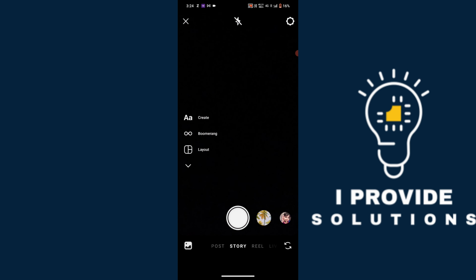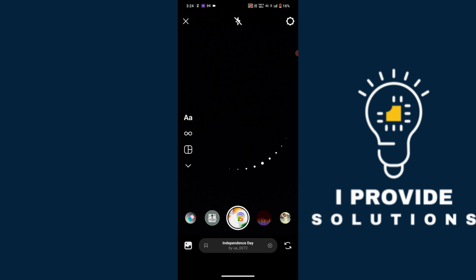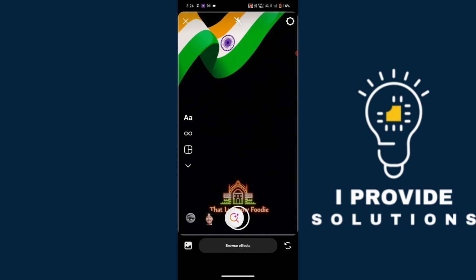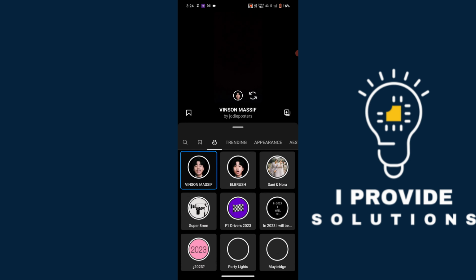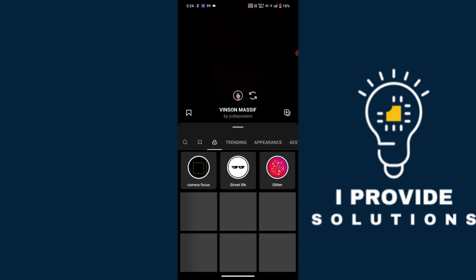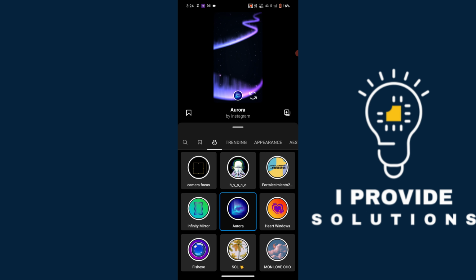So here you can see we have different types of filters. So if you add more filters means just swipe it and here we need to search. So here you will see the different types of filters. It will appear here. So I was choosing this filter and as here you will see the save option